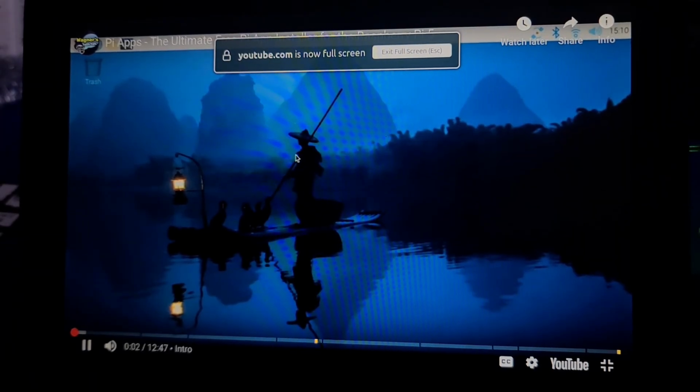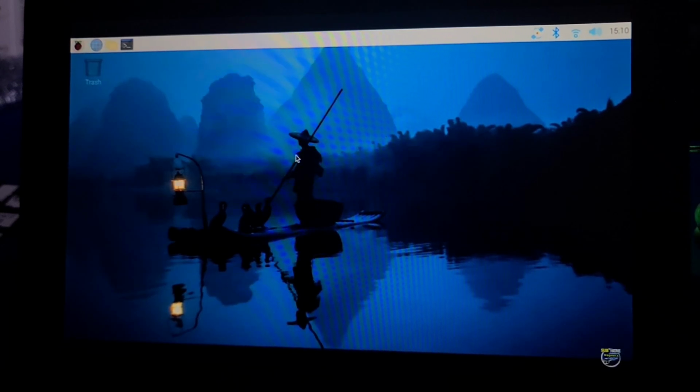In today's video, we'll take a look at several applications that can be easily installed using a free open source